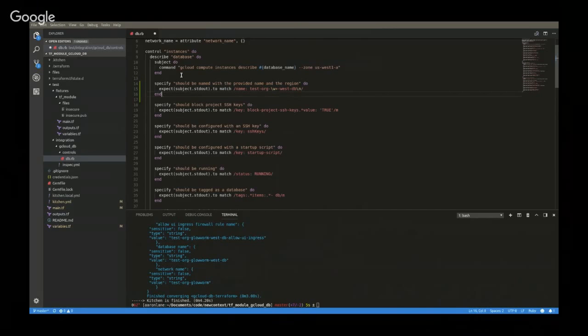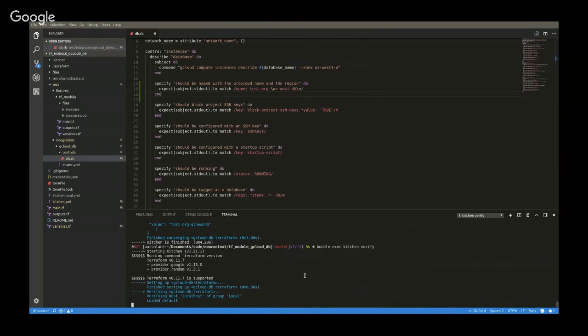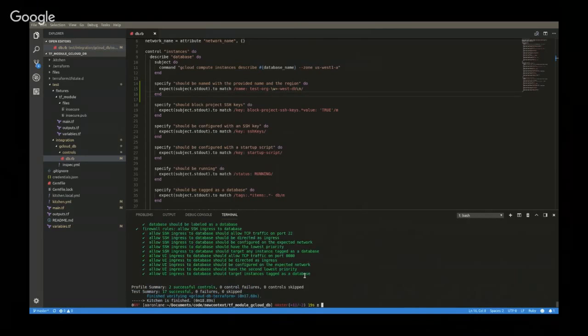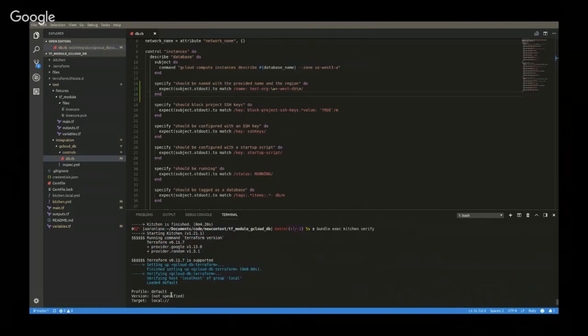And so what this will do now, when we run our next Kitchen action, which is verify, Kitchen Terraform is going to invoke the inspect test runner. And inspect is just going to run through all of the specifications in our test file. It takes a bit to load because it's a lot to compute right here. But essentially, it's just going to run through each of our specifications and make the assertion from what we're expecting to see against what we actually get from the gcloud command line interface. And in this case, we can see that everything came back successfully.